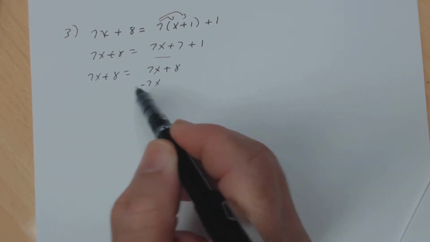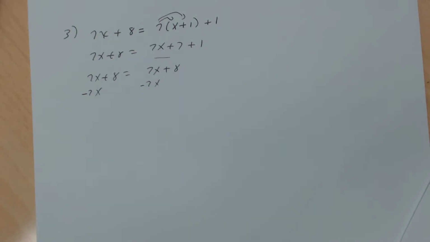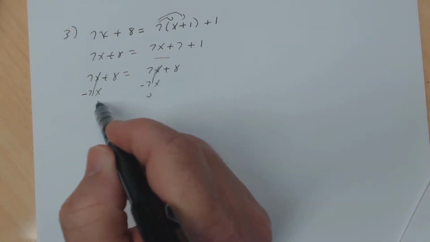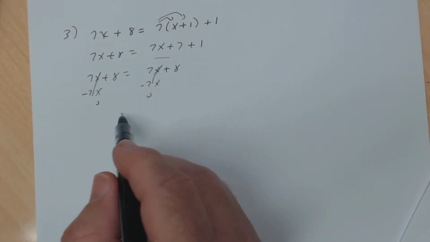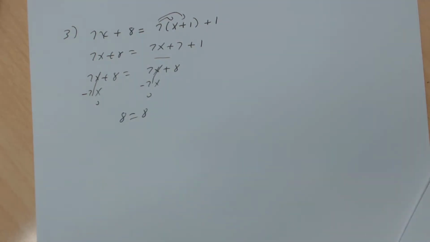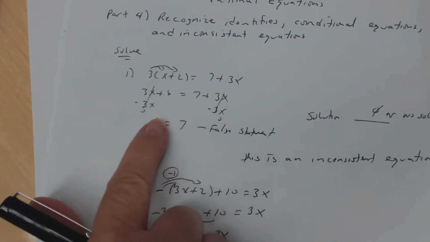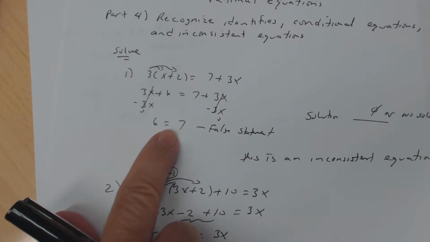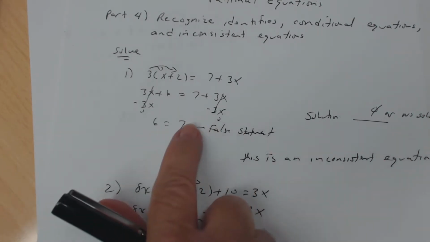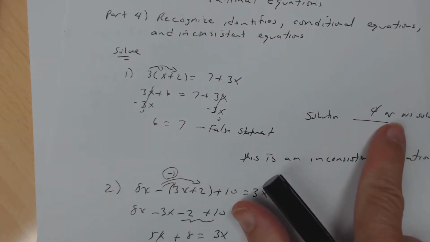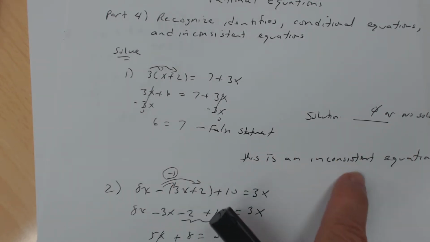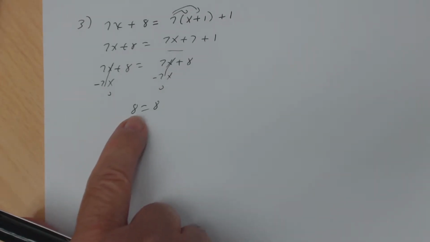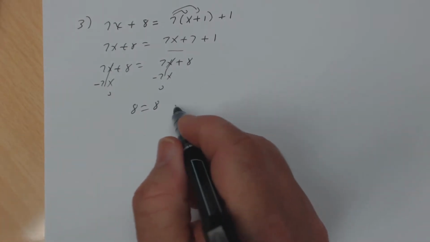And if I subtract 7x from both sides, notice what happens. The variables disappear also. But this time, I get the statement 8 equals 8. Earlier, I got the statement 6 equals 7. That was a false statement. So if the variables disappear and you end up with a false statement, because 6 can never equal 7, then your solution is no solution, and it'll be inconsistent. If you get a true statement, 8 does equal 8,